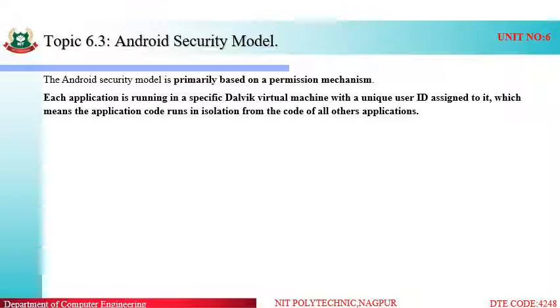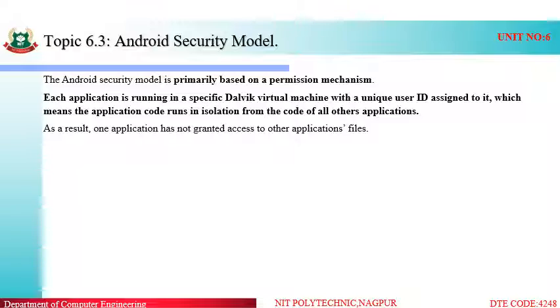So by assigning this ID, we are separating our code from the other activities. That is, the code of one activity will be isolated or separated from the code of another activity. As a result of this, one application has not been granted access to other applications. So here we have considered the example of an application, but